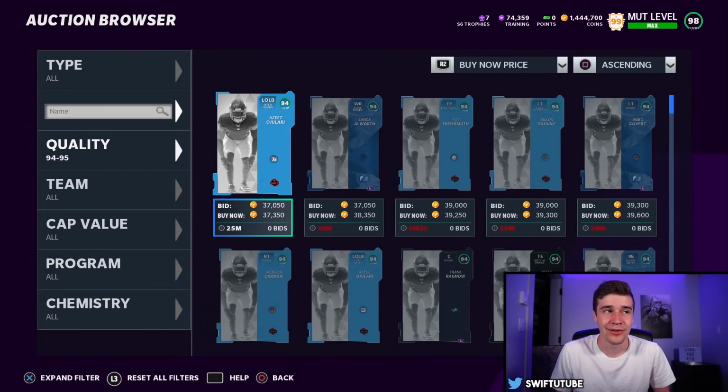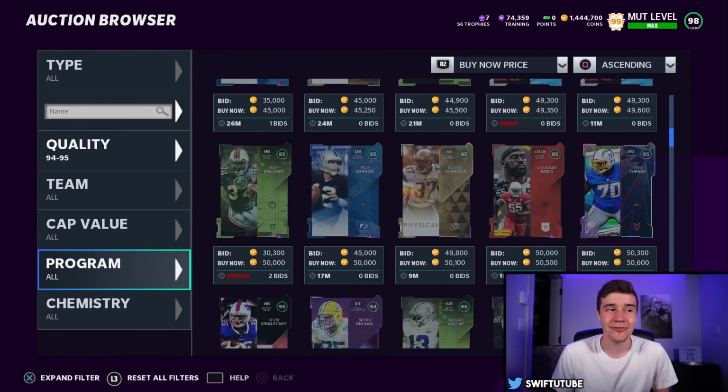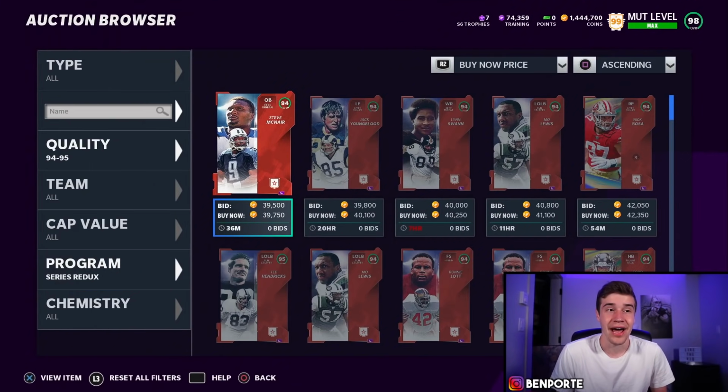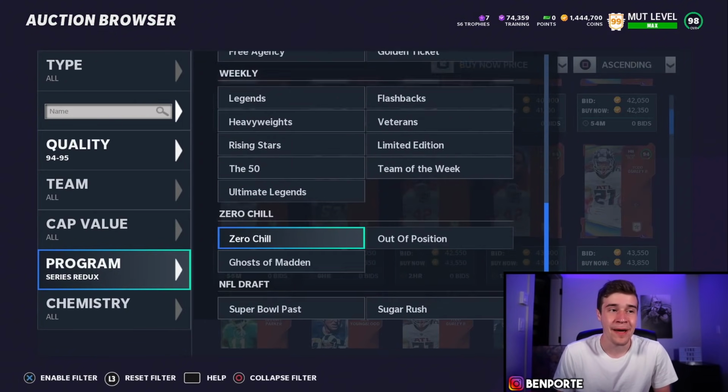to find my 95. We'll probably look at Series Redux, maybe NFL Draft, and we should be able to find the card for a price of around 40k. That isn't really a crazy price to find your 95s for. I will see you guys once we have done that and once we have our snipe, and we'll get into